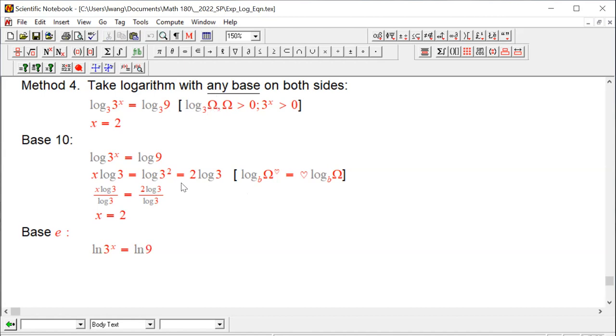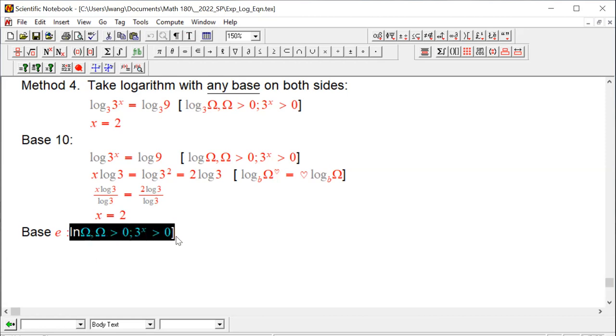Any logarithm, log base 10 and the others, have the same domain. We talked about them before. So for common log, the argument must be positive too. And for natural log,